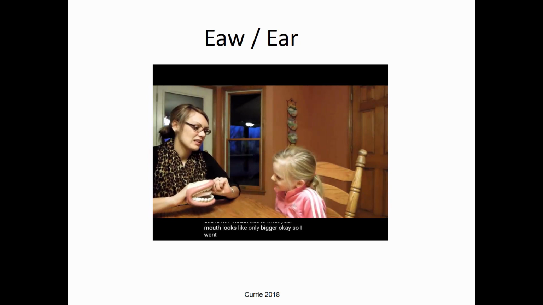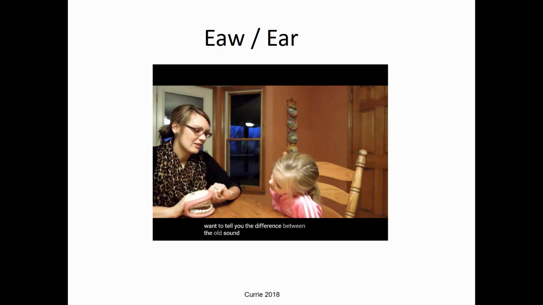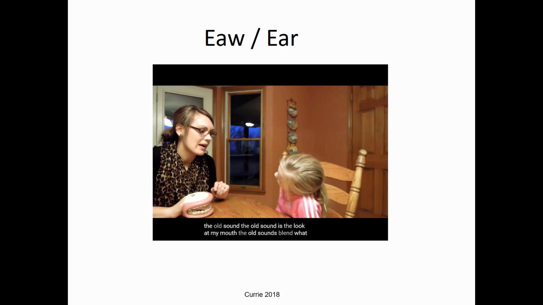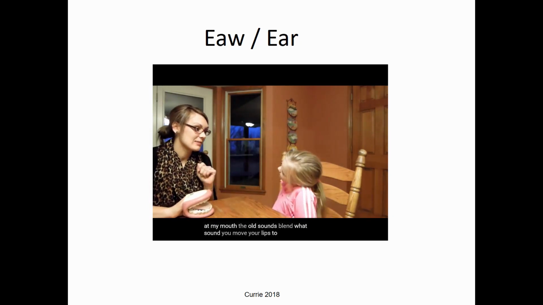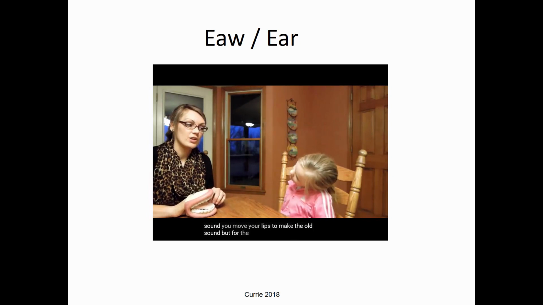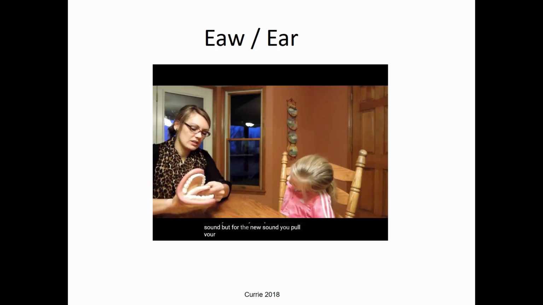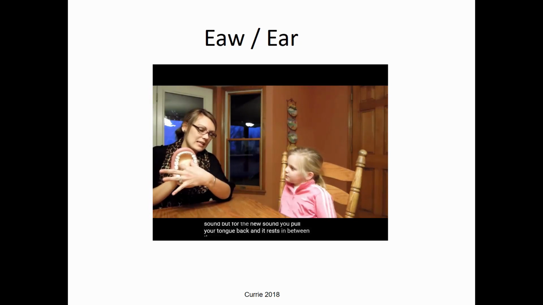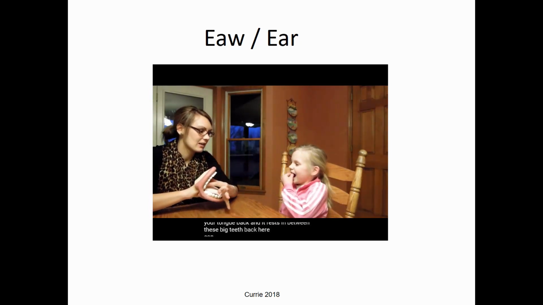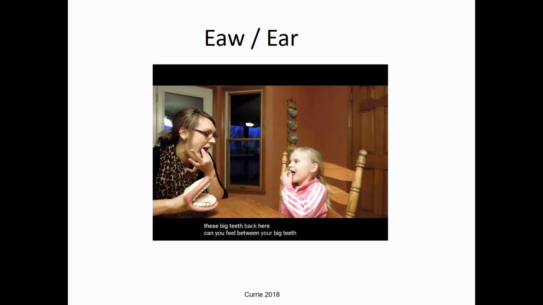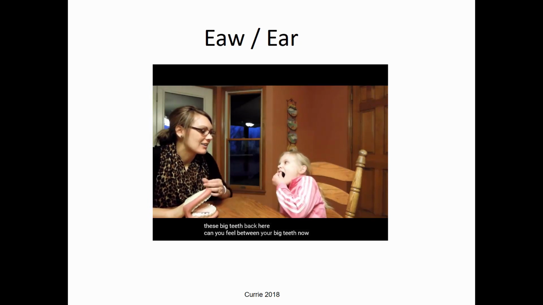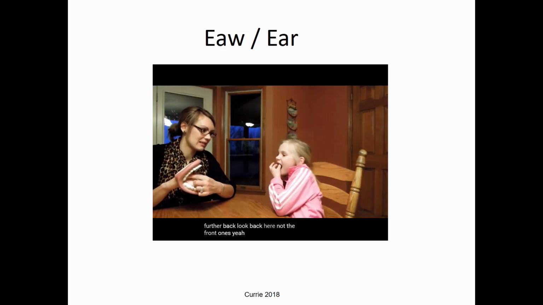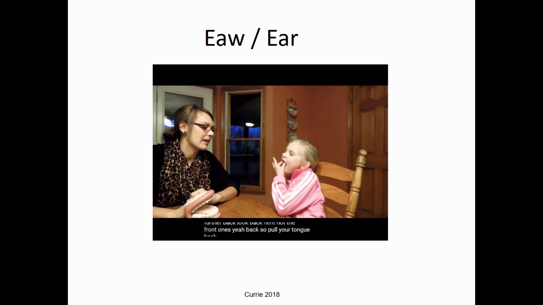Okay, so I want to tell you the difference between the old sound. The old sound is the, look at my mouth. The old sound is the W sound. You move your lips to make the old sound. But for the new sound, you pull your tongue back and it rests in between these big teeth back here. Can you feel in between your big teeth? Now further back, look, back here, not the front ones. Yeah, back. So pull your tongue back there and say,